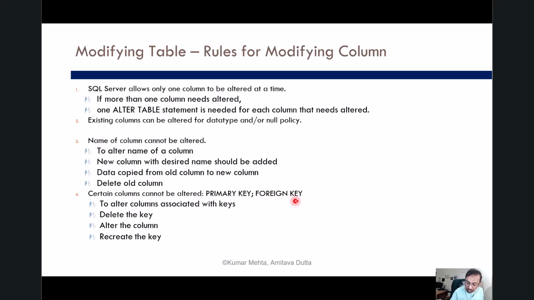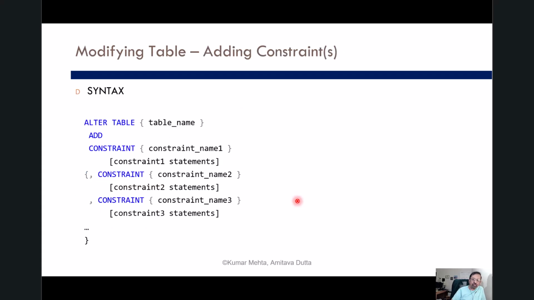Okay? So another type of modification that one can do to a table is to add and drop constraints. We'll see in a minute what we mean by constraints, and we'll see examples of it. But first, the syntax: how does one express this using the DDL? How does one tell the database management system to please add this constraint to a table? So we start off with alter table, give the name of the table, and then start adding constraints. So add